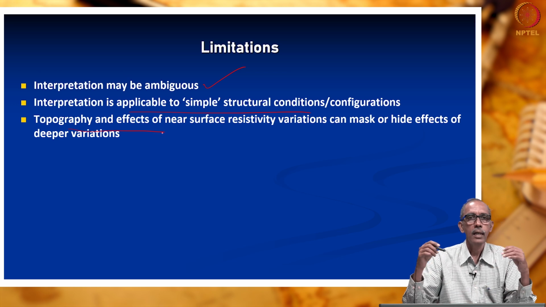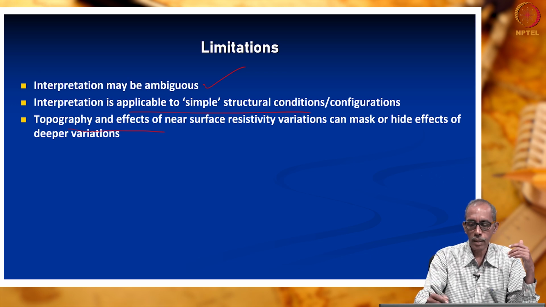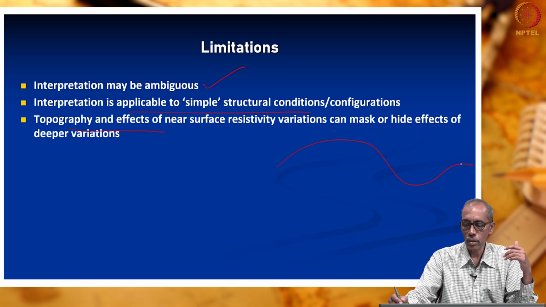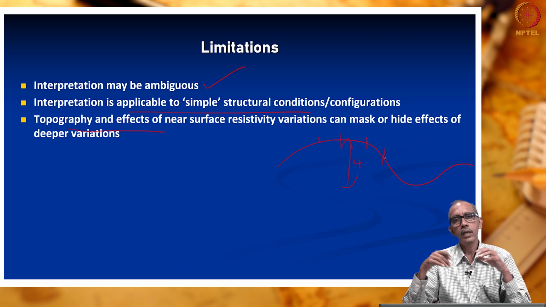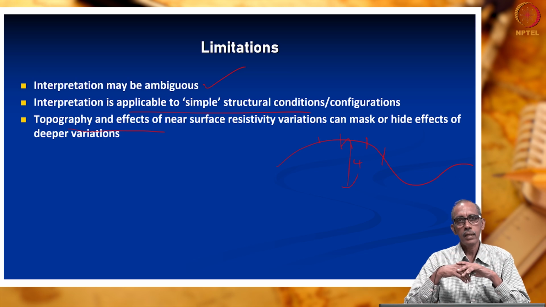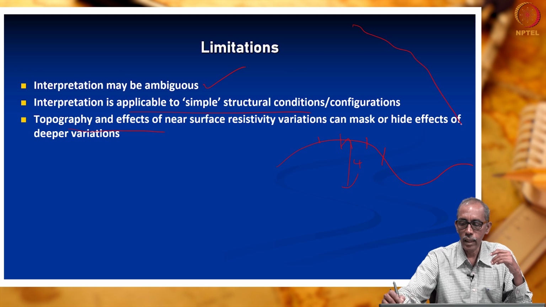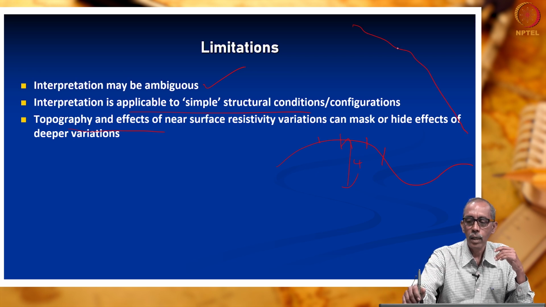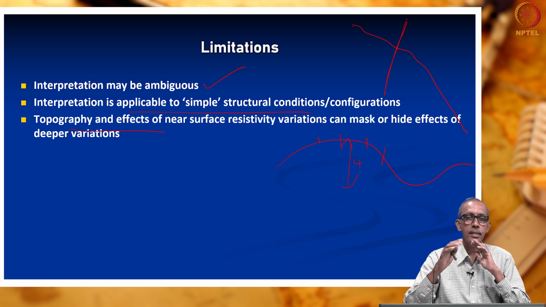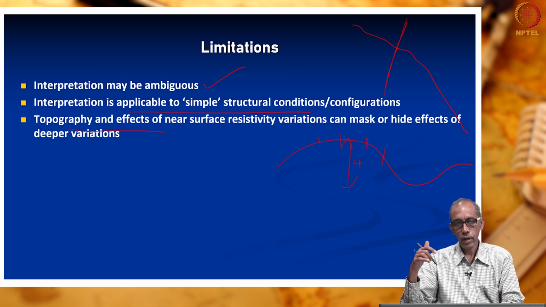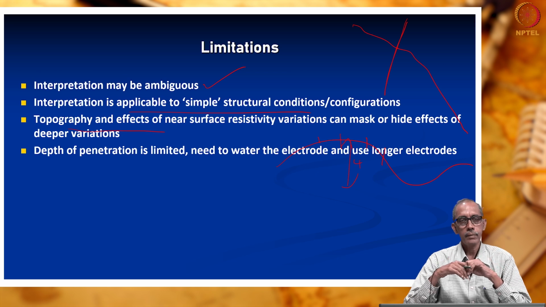And I didn't tell you more about the topographic effects. Suppose you have a sand dune, and we had some sand dunes also. If the elevation of the sand dune is, let us say, 4 meters, when we plant the electrodes, the elevation difference will also result in some error in our readings. So, we need to overcome these issues. When we conduct a survey on a mountain slope, it is preferable to do a profile perpendicular to the slope, so that all electrodes are kept more or less at the same elevation. So, topographic variations will have an impact on our investigation.